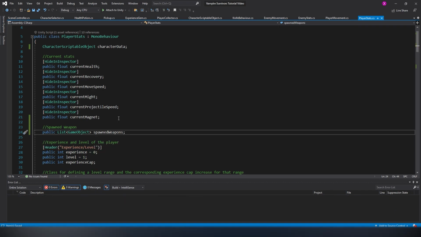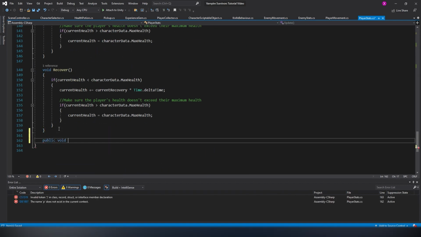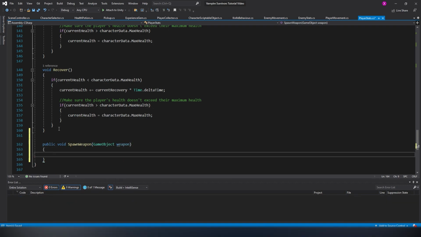Next, create a public method called spawnWeapon that takes in a game object called weapon. This method will be used to spawn any weapon controllers and should be made public for access by other scripts. Within the spawnWeapon method, create a local variable called spawnedWeapon and assign it to the instantiated weapon.